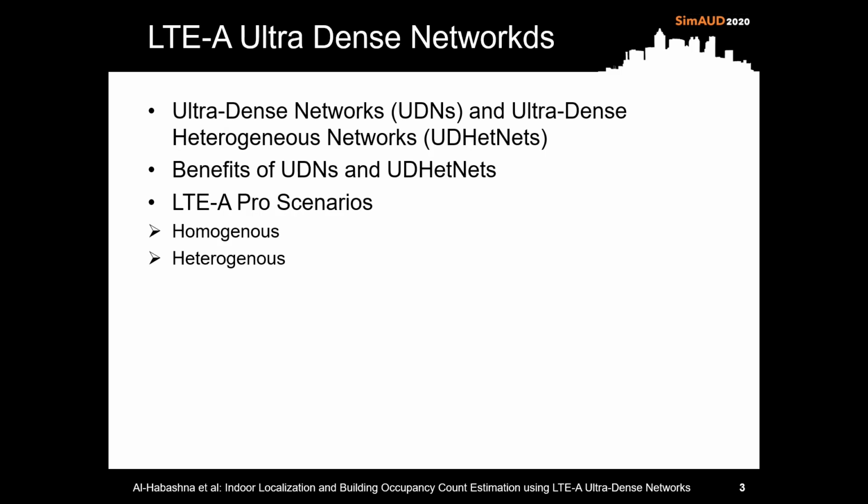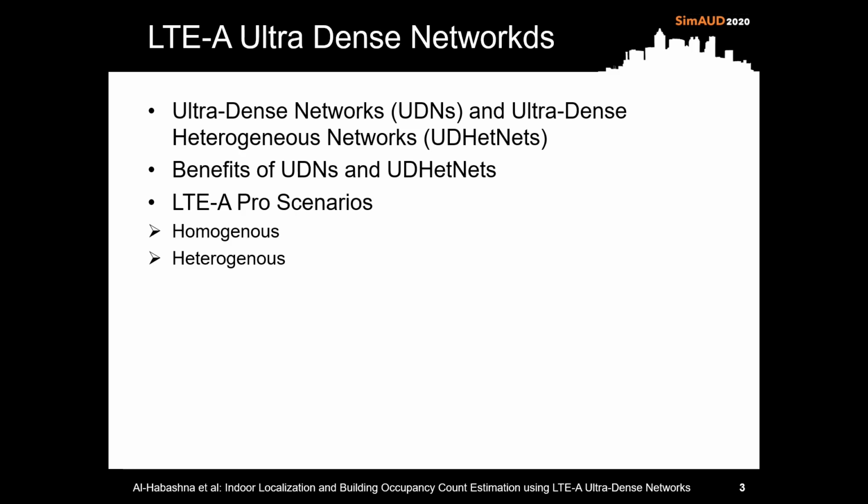New network architectures such as ultra-dense networks and ultra-dense heterogeneous networks are enabling technologies to meet the increasing demands and achieve the required performance of 5G cellular networks. With the ultra-dense networks, the density of the operator-based and the user-deployed elements are increased, improving coverage, frequency reuse, and achieving higher data rates for cellular networks.